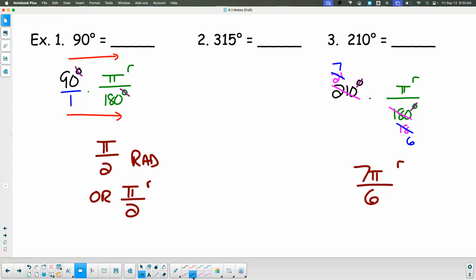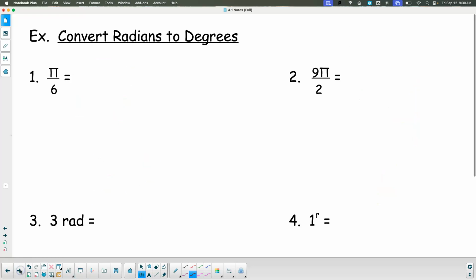Should get 7 pi over 6 radians. Okay? Good? We want to reduce all the way down. Okay? Love it. All right, let's go the other way. Now, let's convert